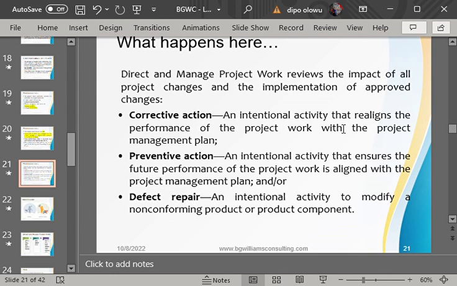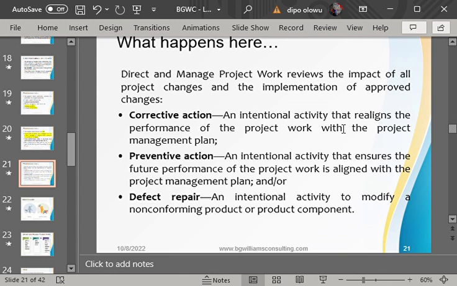Then the next one is what? Preventive actions. Preventive action can occur when the project manager, listen. Now, at this point, no error has been discovered, no discrepancy, no deviation from the plan. But the project manager just sat down and looked at the entire plan and perceived that there is possibility that an error can occur.